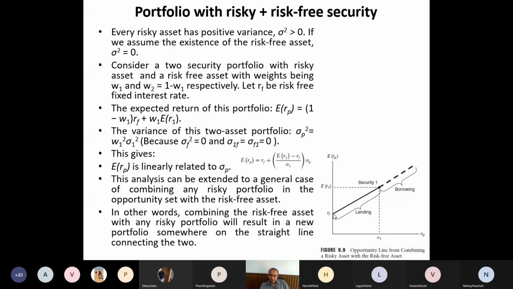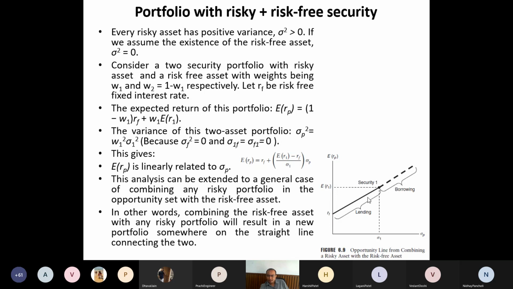We have seen that if I have only one risky and one risk-free security, it is a straight line. My efficient frontier is on the straight line. Then if I have multiple risky securities and only one risk-free security, the efficient frontier should also change to a straight line. Now which straight line? One of the points of the straight line is always here, this point RF on the vertical ERP axis. Why? Because if I don't want to take any risk, I have only the risk-free security in my portfolio. So this one point is always there, determined by RF.